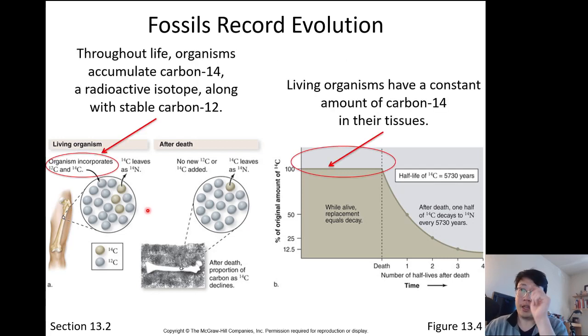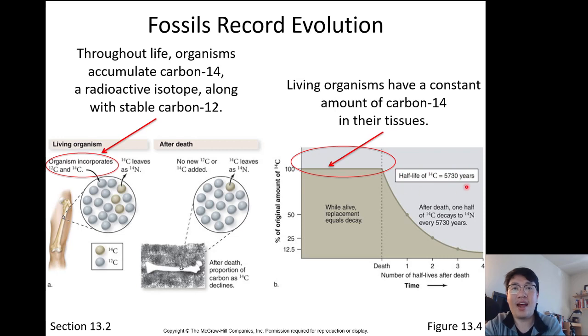Now, if we look right here, throughout the organism's life, there is going to be an accumulation of carbon-14, and this is radioactive. So as we are living, we're going to have a constant supply of that carbon-14. Again, there's not an abundant amount in the world, and if anything, it's evenly distributed amongst all organisms. So as long as we know that, and we know how long it takes for half of those carbon-14 atoms to disappear from our bodies, we can then backtrack how old the fossil is.